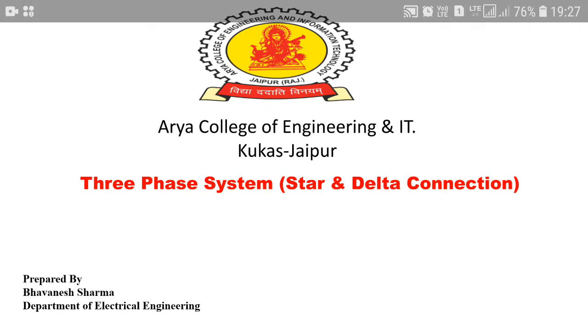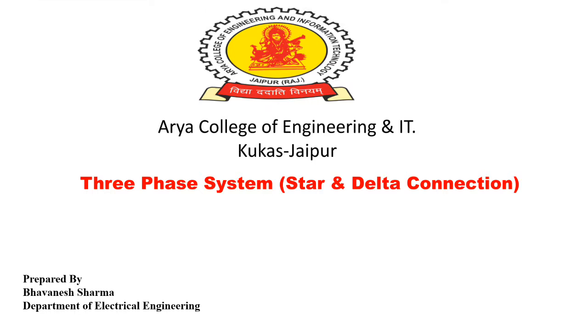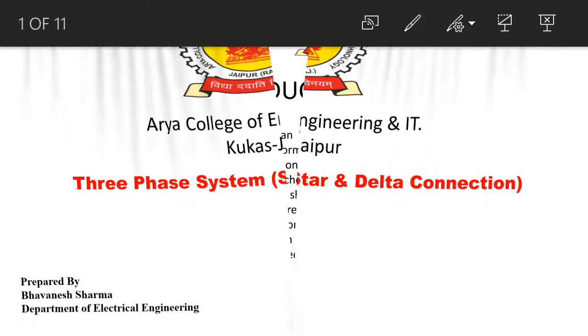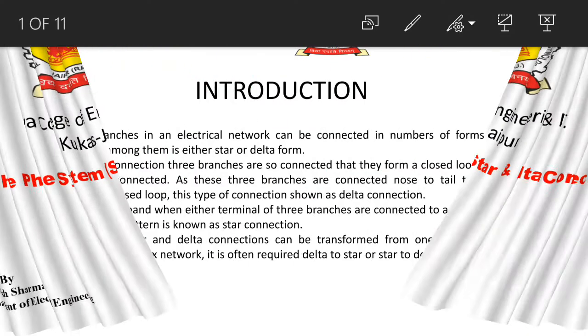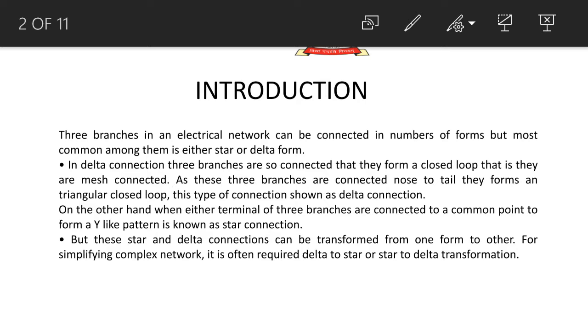Students, today we are discussing three-phase systems, star and delta connections, and the relation between line current, line voltage and phase voltage. Three branches of an electrical network can be connected in a number of forms, but the most common among them are either star